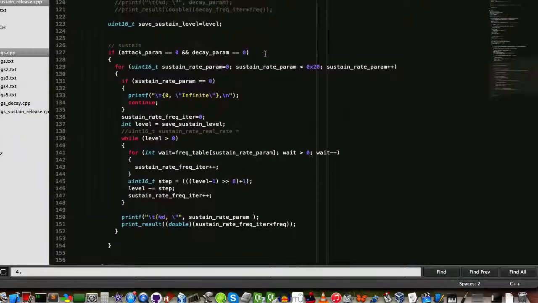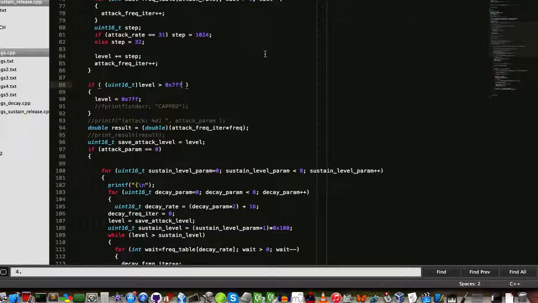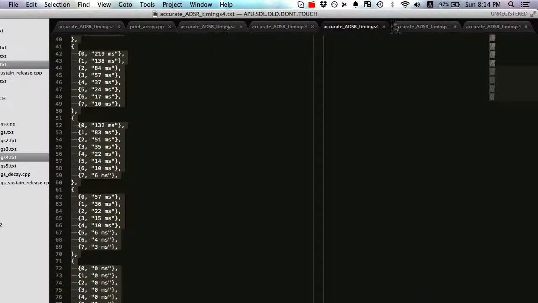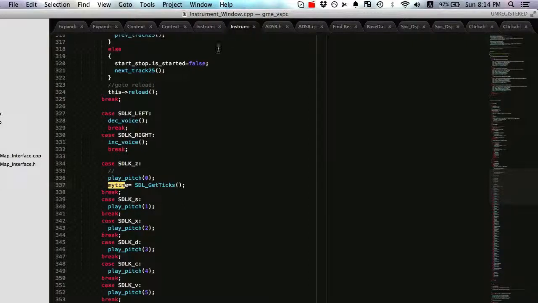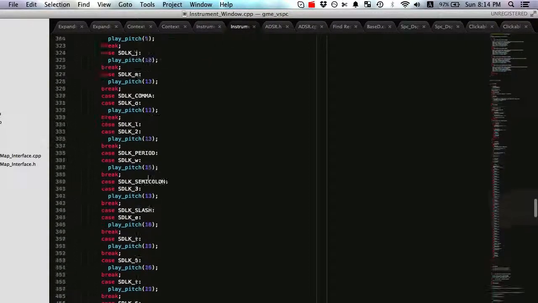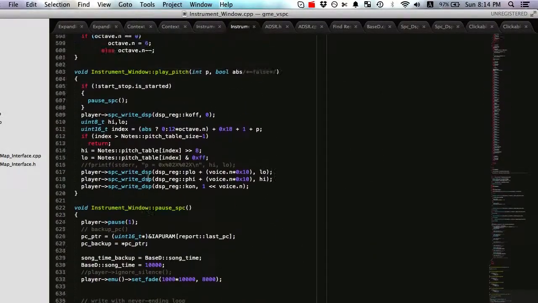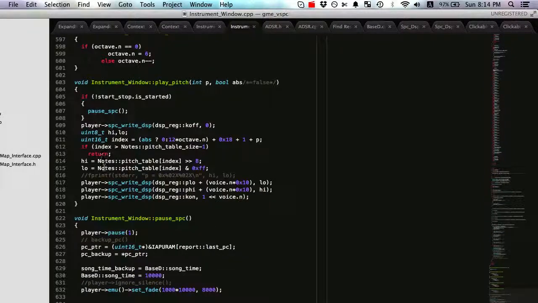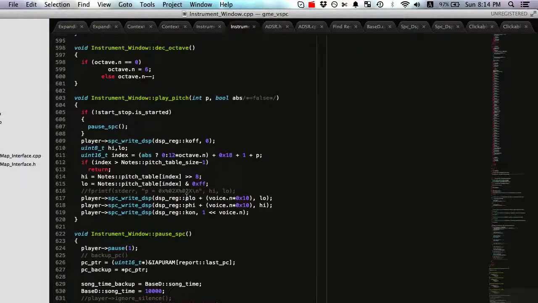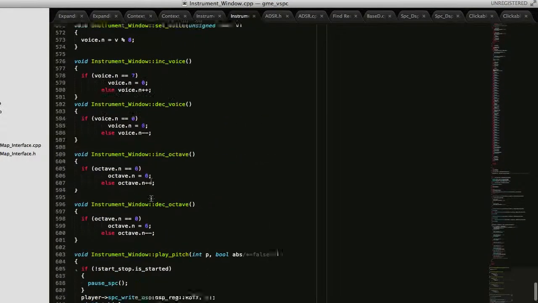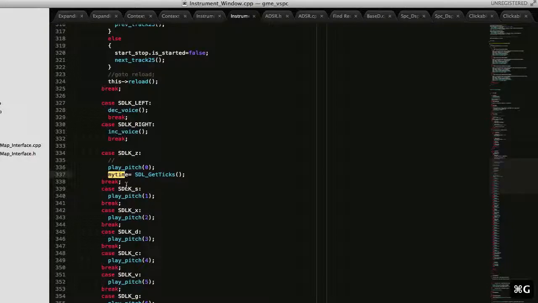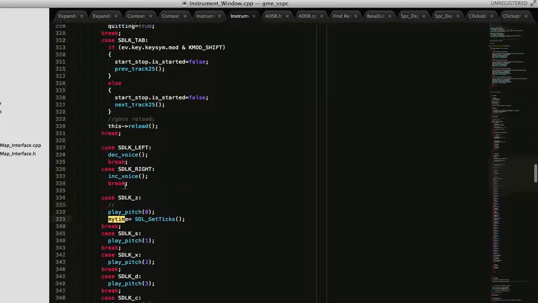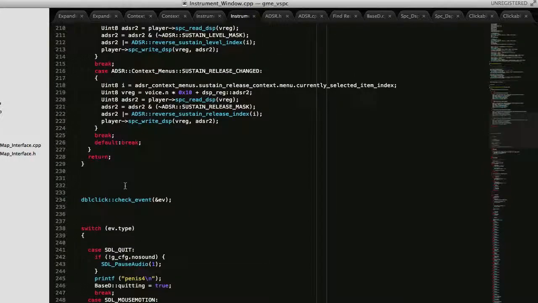So the best that I could do was this. After I play a note, I key it on. I have these temporary variables that need better names. So I call the function to play the pitch, and if we look at the play pitch function, which should be down here, I pause the SPC, I write the DSP values, and then after I write the key on, there could be a possible latency there too, between whatever's going on in that function and when I turn on the timer. Because this is in milliseconds, who knows, and not a big deal, right? I don't know. But then there's also the frequency of my SDL application,